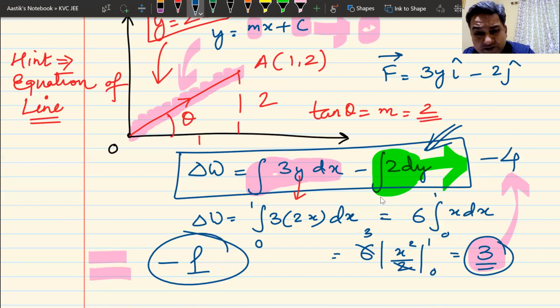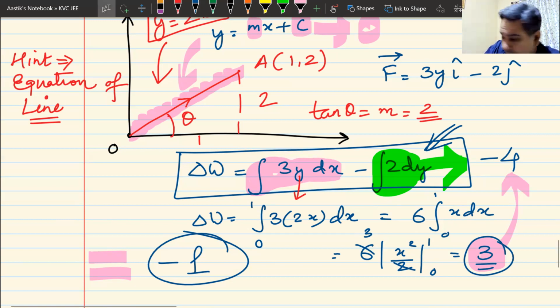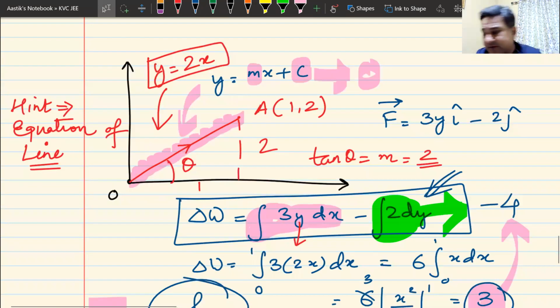Do we understand this? How we have done this? Can I have raised hands of people who have understood this? No? So you can ask your doubts if you have any. Whatever the doubts are, you can ask. In the third case, I have simply calculated the equation of a straight line and integrated it. The equation of the straight line was y is equal to 2x. I guess you must be knowing how to find the equation of a straight line.